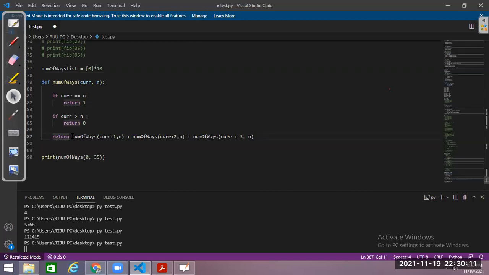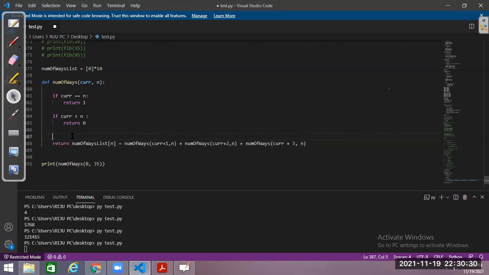I can do one thing. I will store it before returning. I can store the value, and then I will return. And before even going to the calculation, I will check the list.